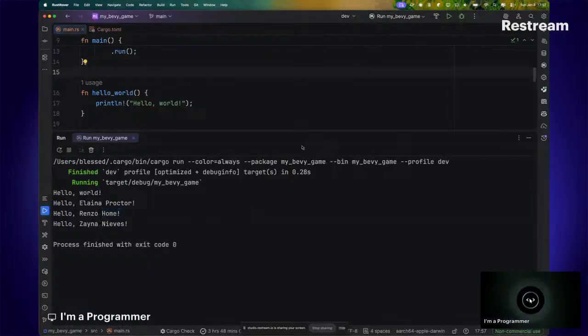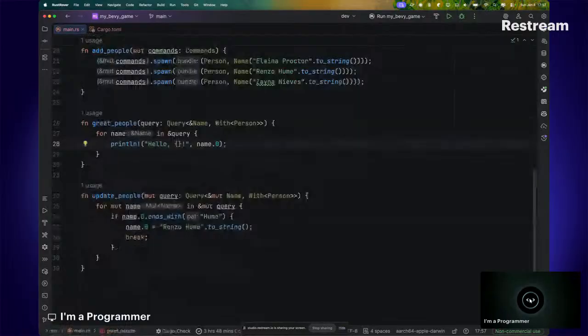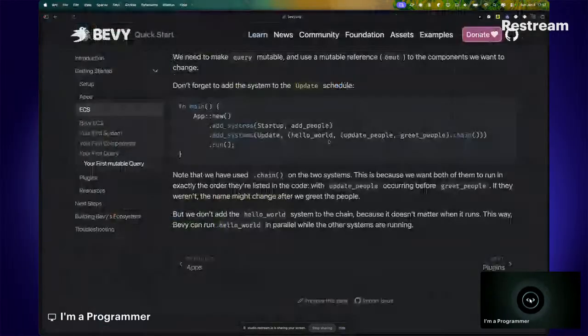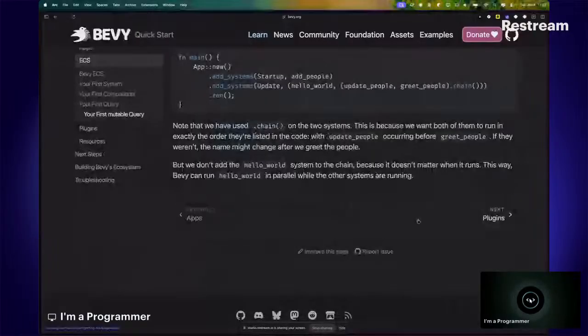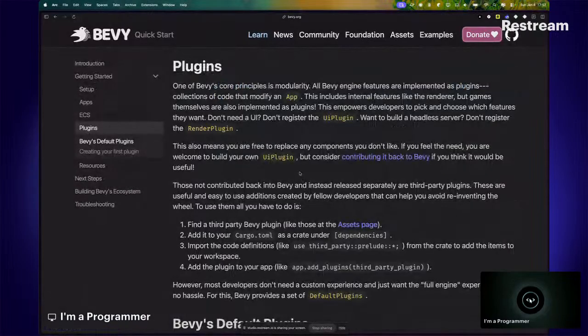So currently we have successfully done all that we need to do. We've written our code, we've understood the ECS system on Bevy, and now we can look at other things. But like I said, it's important to look at these things so that you understand when we start reading the code and using some of the examples to write our own game, because we're going to write a game that displays something and then we're going to see it just like a normal game that you play on your laptops